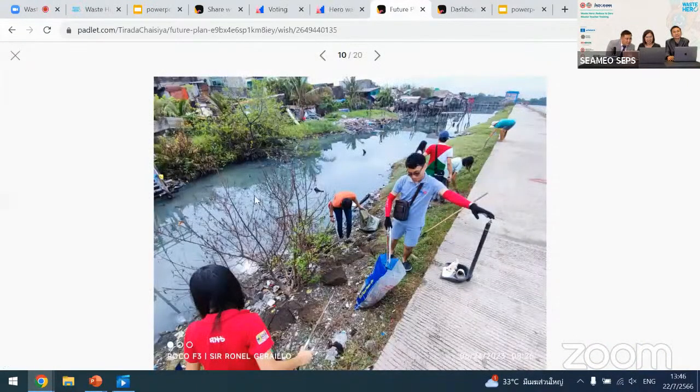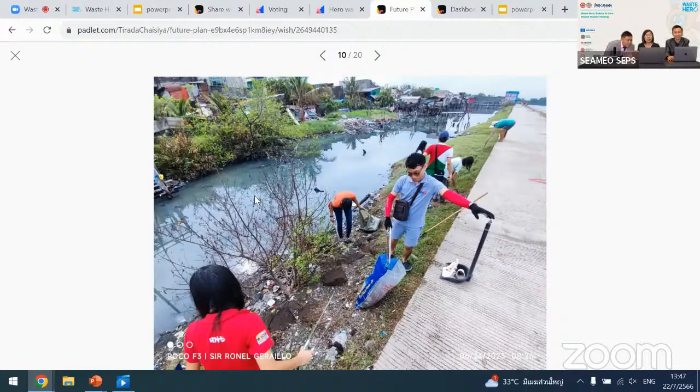Wow, impressive. I think this makes a huge impact on the community. When you clean up coastal areas, canals or small river streams, it can help the community become cleaner, so your environment becomes better.